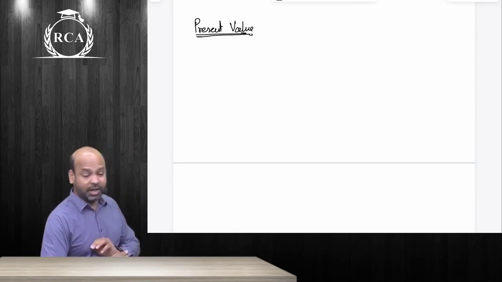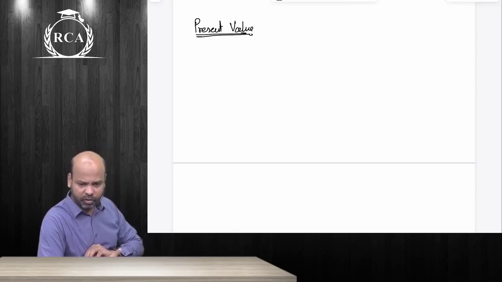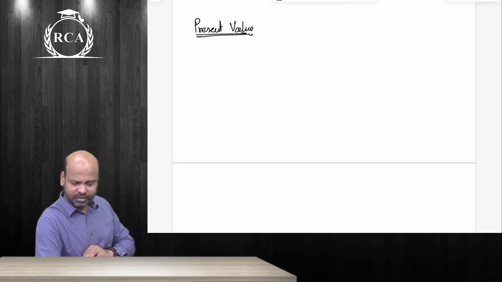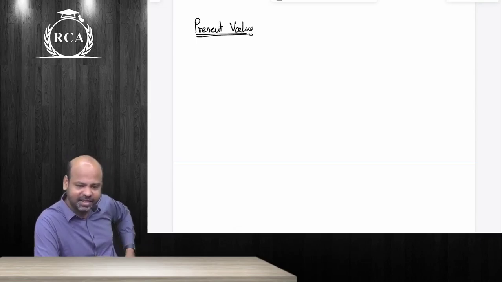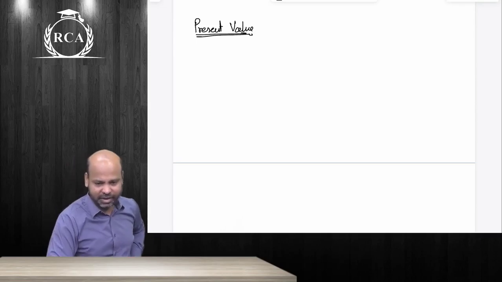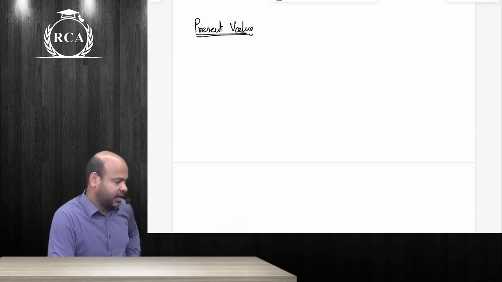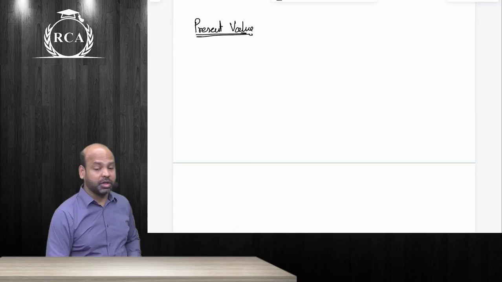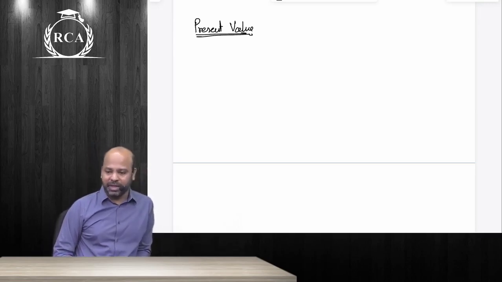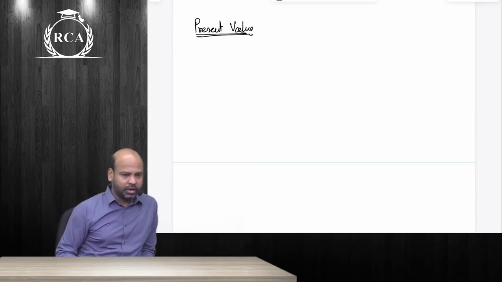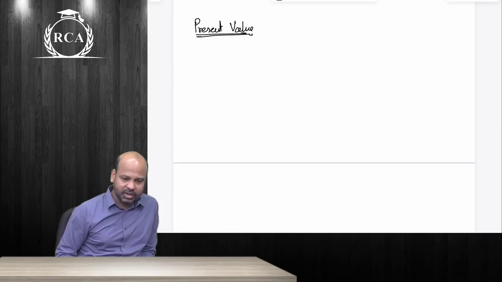So what do you understand by the word present value, Dhruv? Value of the entire balance as on the, yes beta, the value of any future receivable or payable as on the current date as such beta will be the present value. We all know that the value of money keeps changing, so in the present value terms, what it is worth as such guys is what you'll have to do.